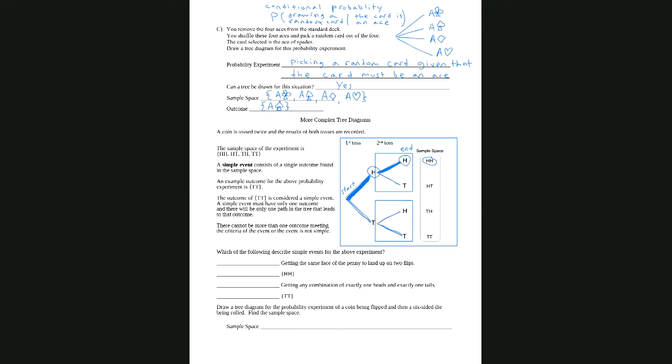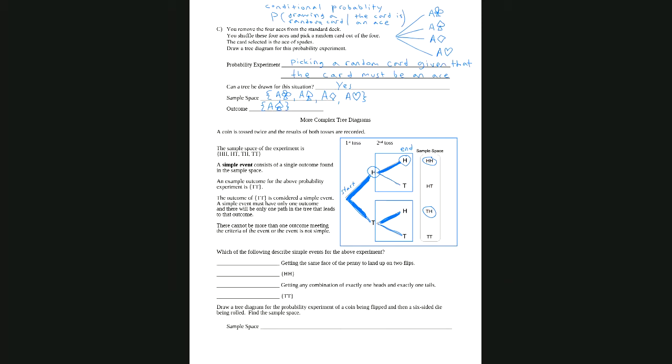Whereas down here, if we were to take another path, we could take the tails path, and then from there, maybe get a heads on the second flip. That'll take us to an outcome of TH. Tails for the first flip, heads for the second flip. As you can see, there are 4 possibilities,